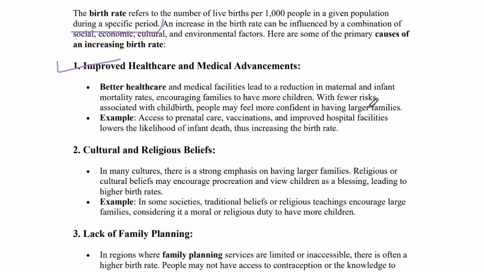With fewer risks associated with childbirth, people may feel more confident in having larger families. Examples: access to prenatal care, vaccinations, and improved hospital facilities lowers the likelihood of infant death, thus increasing the birth